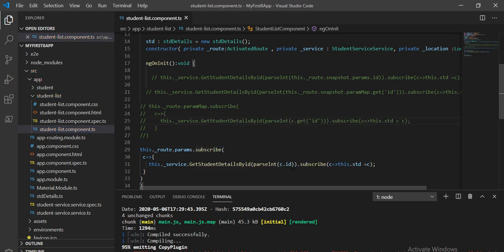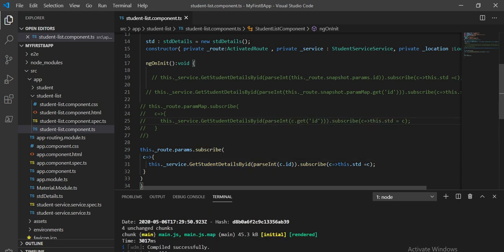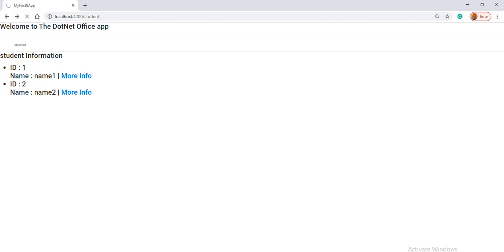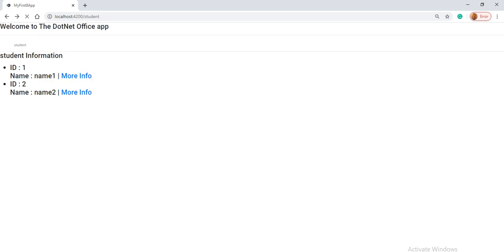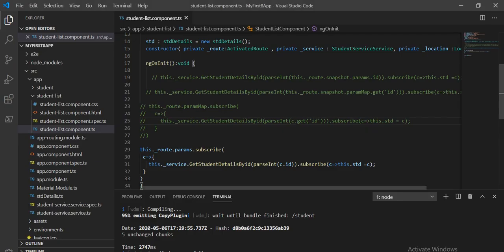So let's see on the browser now. It should work as expected in a similar way. We can see it is working as expected. So basically this is the way we can use either the snapshot method or the observable method.